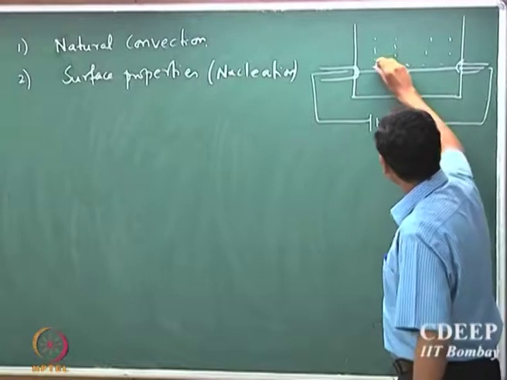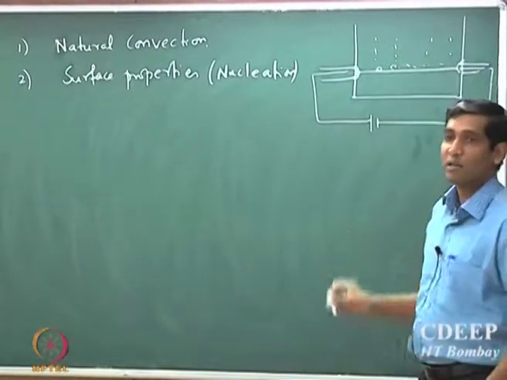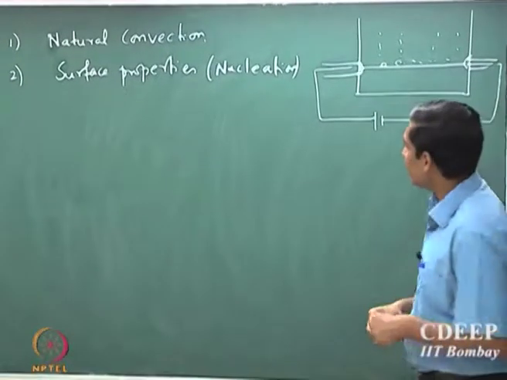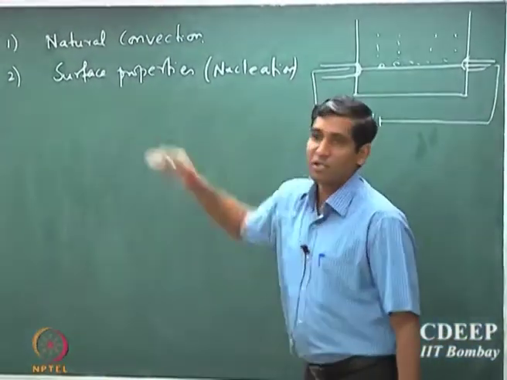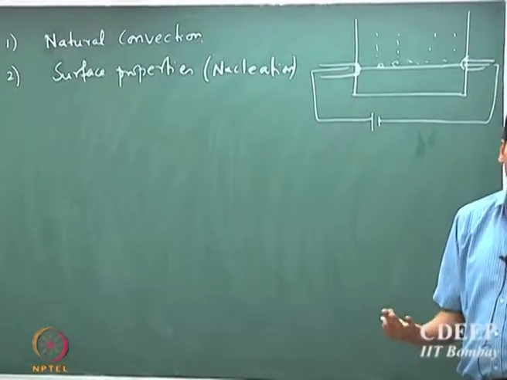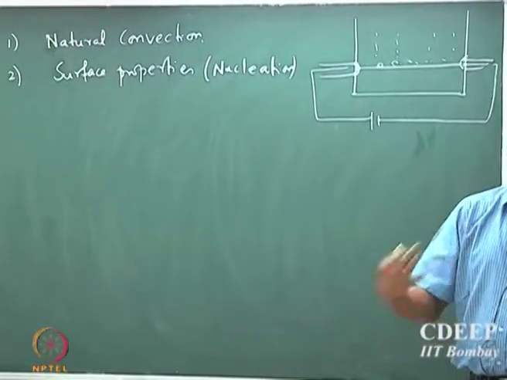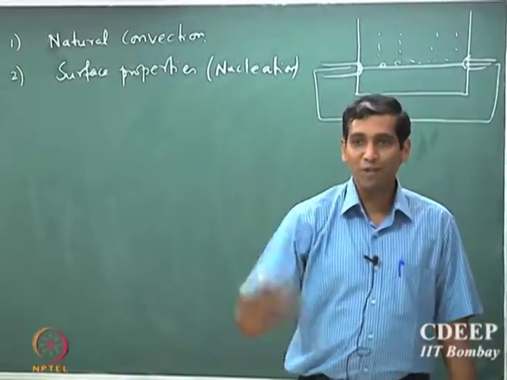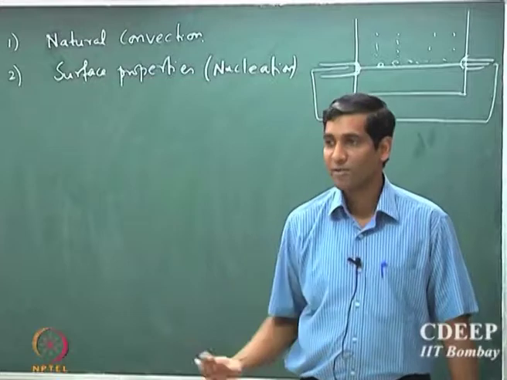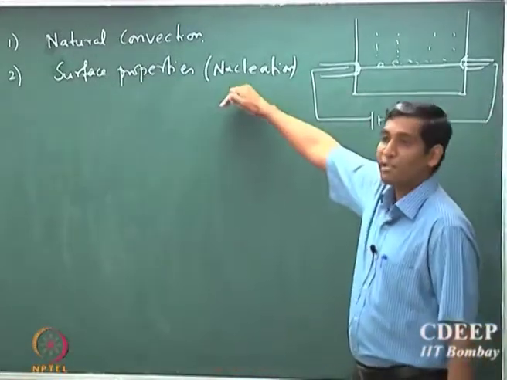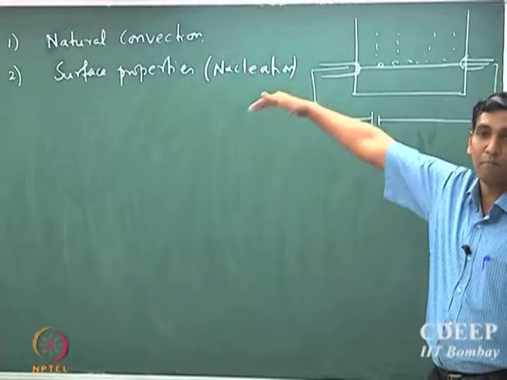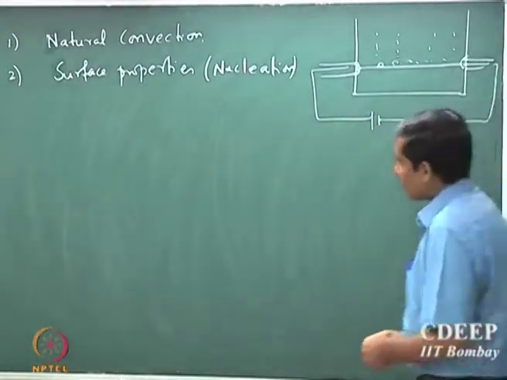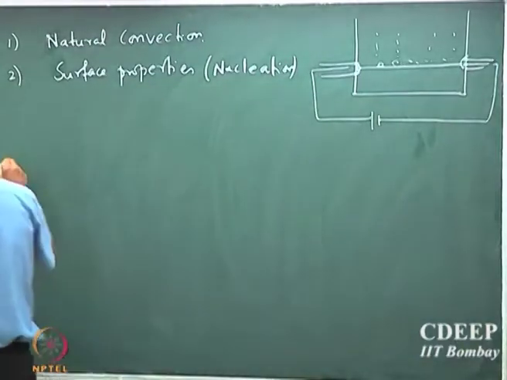So the bubbles which are nucleated on the surface where the heat is being provided to the fluid, you will see that the nucleation is a strong function of the properties of the surface. So if the surface is very rough, then certain locations are preferred for nucleation over other locations in the same surface. So the surface roughness and other properties play a strong role in the boiling process. Okay. So before we go into the details, one of the important things is that